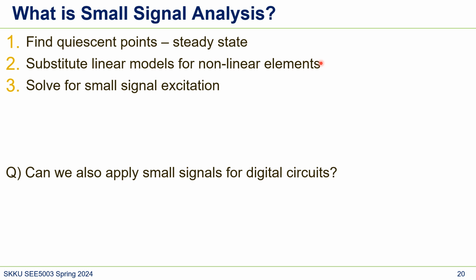Finally, the non-linear capacitors become constant linear elements. That's what they're saying. So find the quiescent point. It means that the operating region of the MOSFET is not changing. It's steady. And once it's stable, substitute those non-linear capacitors or resistors